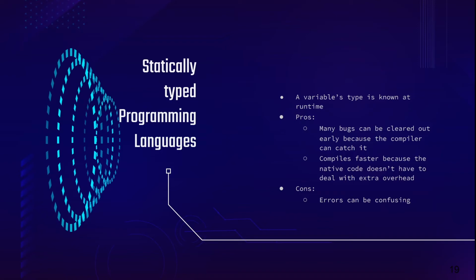And so, no overhead. Some of the cons can be that the errors are kind of confusing, especially if you're a beginner or if you're using your own type, the compiler might throw a fit in terms of trying to convert. It's stuff like that, but we haven't really gotten to what a type is yet, but we'll get there.